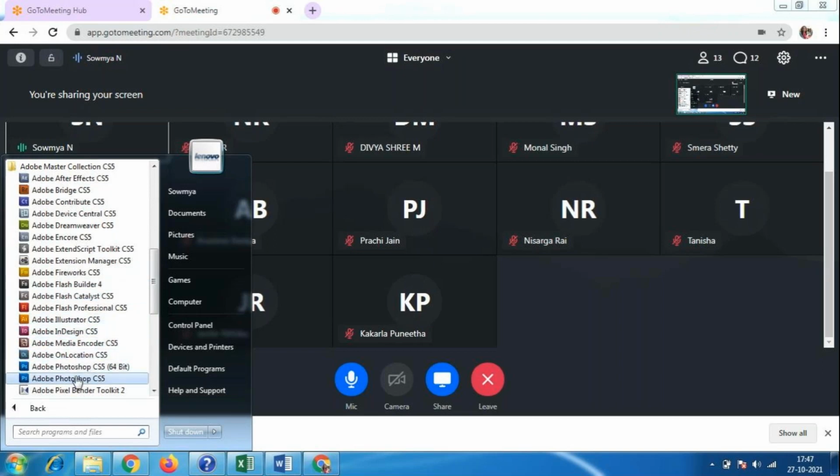Photoshop, you people know already. I have taken the complete suite here, so for this you have to install this many softwares. That means you need an i5 or i7 processor, with 2 GB or 4 GB RAM, and a 4 GB graphic card is also necessary. Minimum 2 GB is enough, but you need a high-end system, because we are using all this software for designing purposes, which involves color combinations and everything.